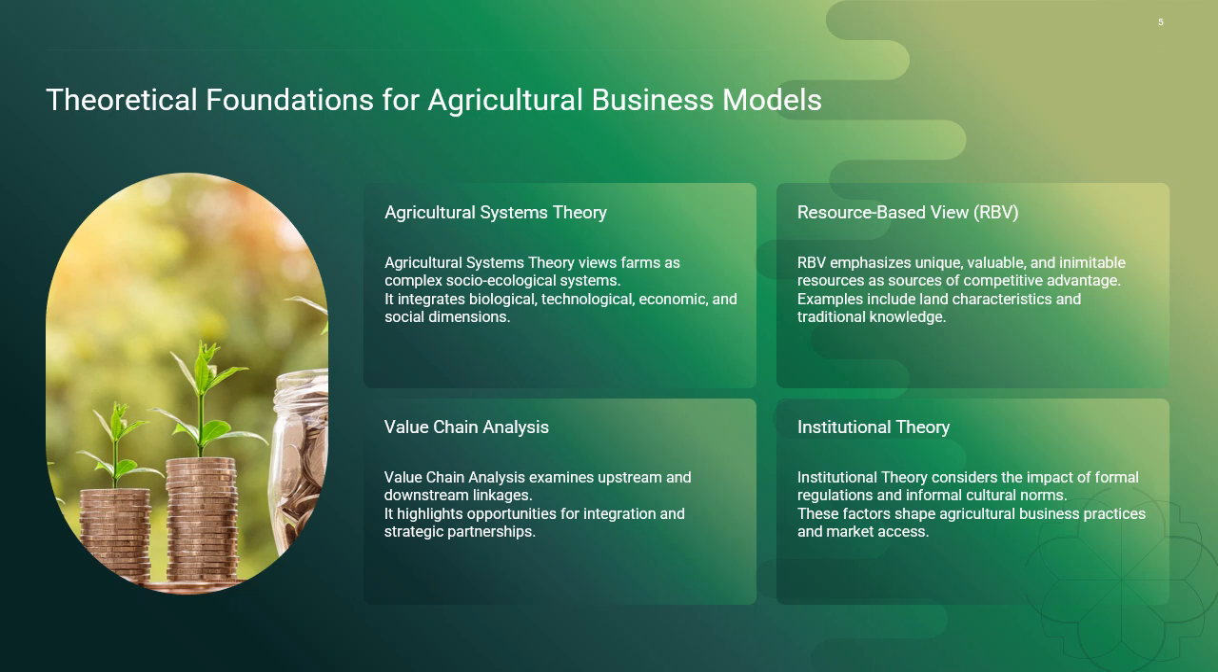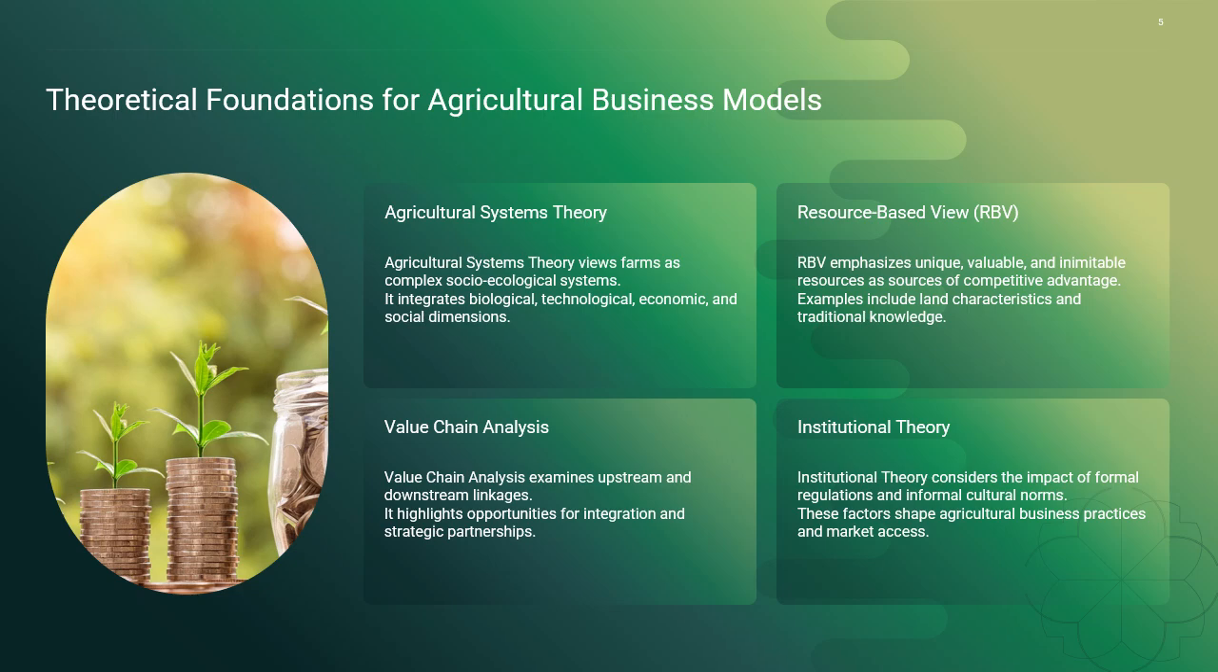Finally, institutional theory considers how formal and informal institutions shape agricultural business practices and market access. Formal institutions include agricultural policies, food safety regulations, and environmental standards, while informal institutions encompass cultural norms, consumer expectations, and community relationships. Understanding these institutional forces is crucial for developing viable business models that work within the existing framework while